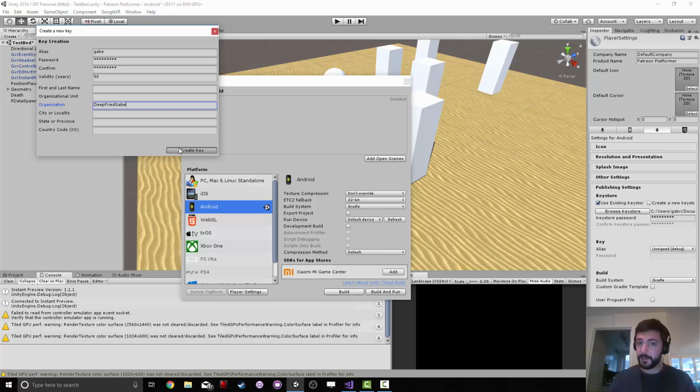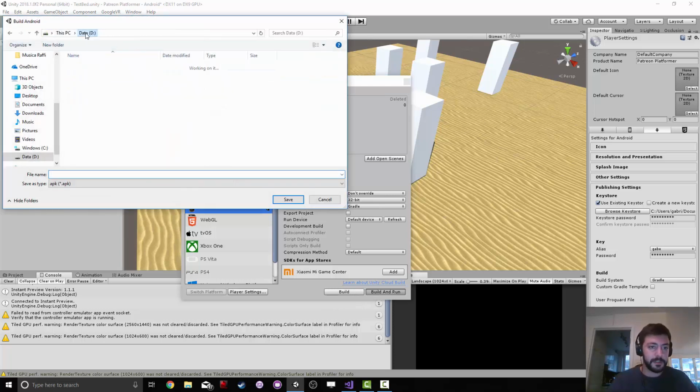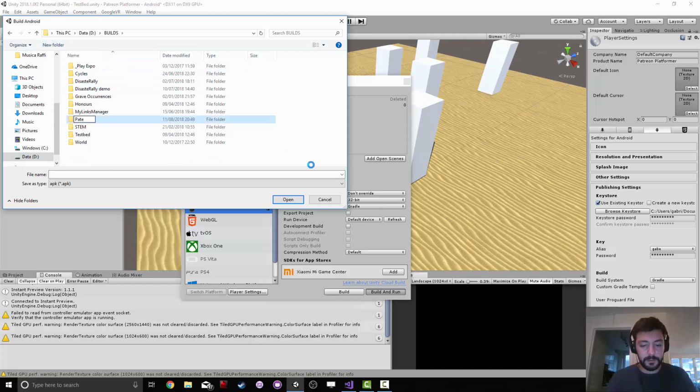It can take a while. Good. Now we can go here, select our key, input our password, and we can build it. And if I release it, doesn't matter, debug, it doesn't matter. We just add our open scene and we build and run. It's gonna ask us, where do you want to build this? I usually build in the builds new folder, Patreon,